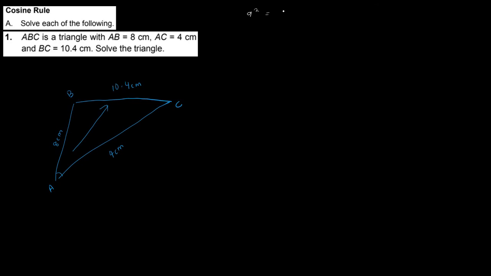A square equals B square plus C square minus 2BC cos A. A square: the length of the side opposite to angle A is 10.4, so 10.4 square equals B square